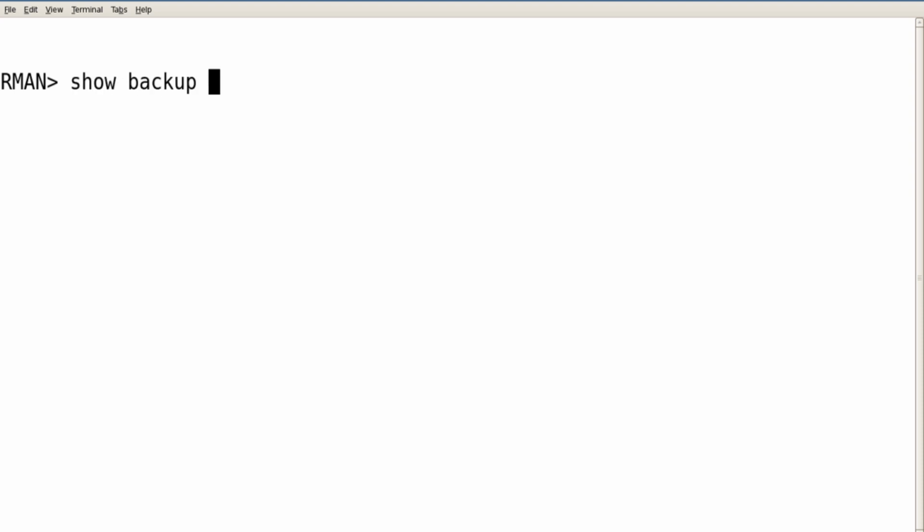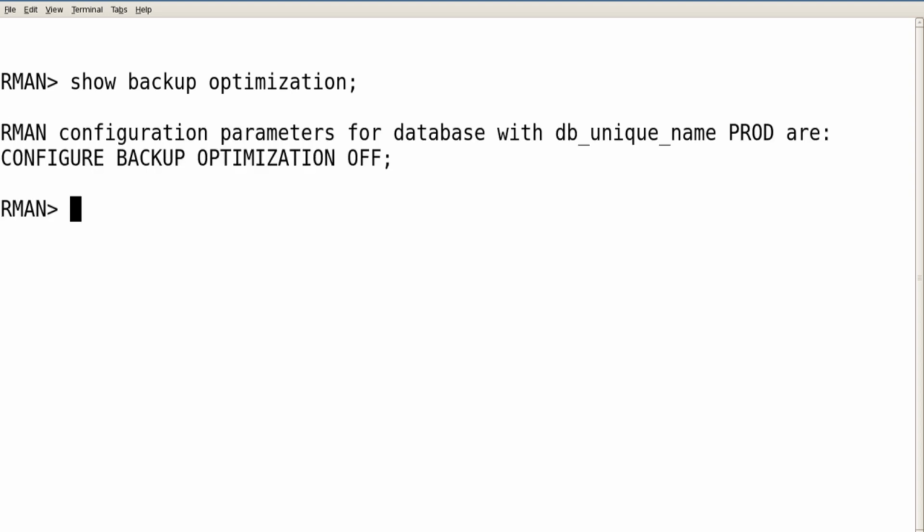SHOW BACKUP OPTIMIZATION will show you the default or the current value. The current value was set in the RMAN configuration. So the current configuration is set to off for optimization.